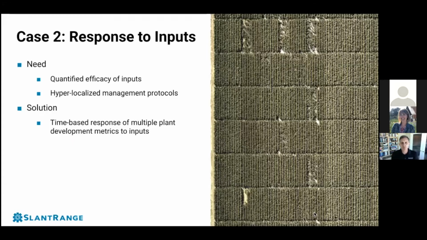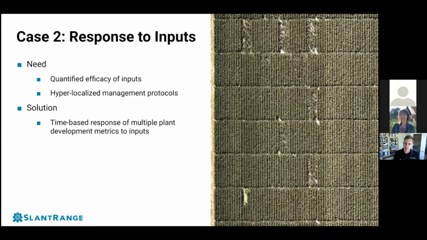So for input suppliers, it's really critically important to be able to quantify the efficacy of their product to overall grower returns and be able to target inputs for specific localized environments. The challenge here, and I'm talking largely about crop protection suppliers, crop nutrition suppliers, biologicals. The challenge for those companies is often